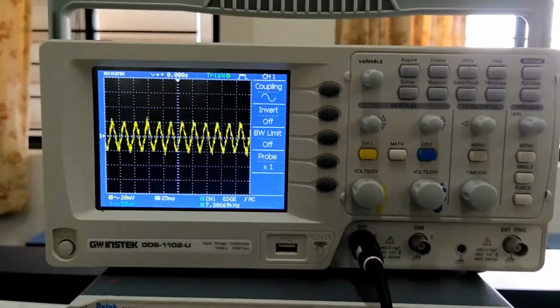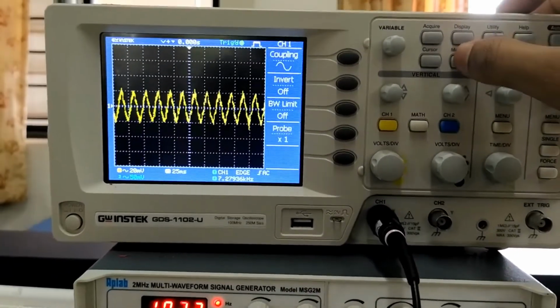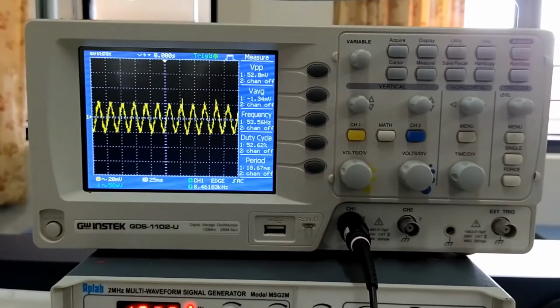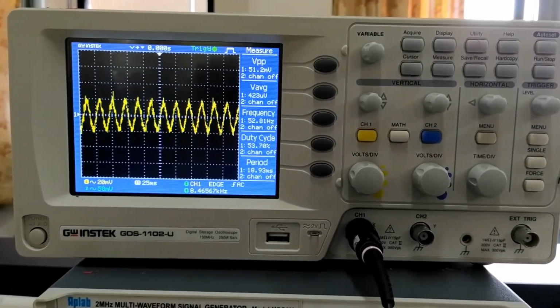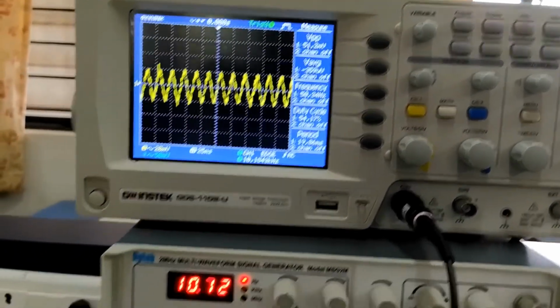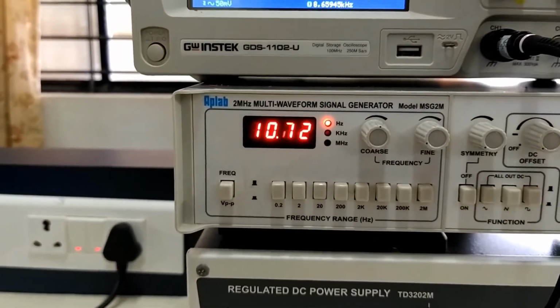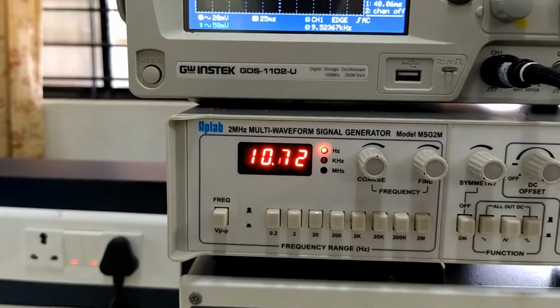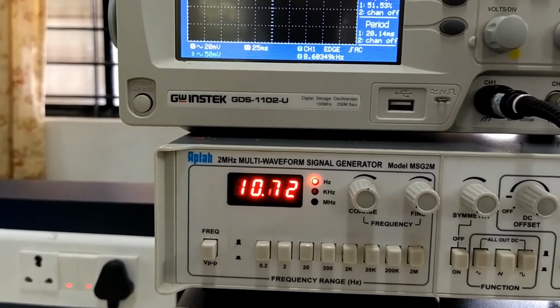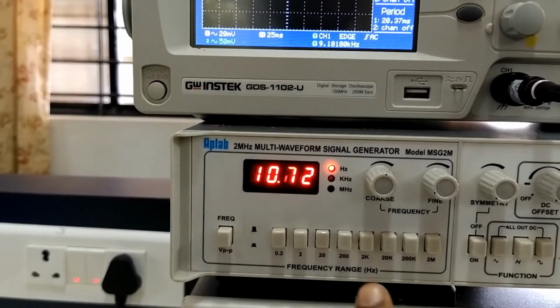In case you want to measure the values, you can press the measure button, and the measure button will display all the values. Very similarly, you can go on changing the frequencies of your choice. What I have kept as of now is 10.72.